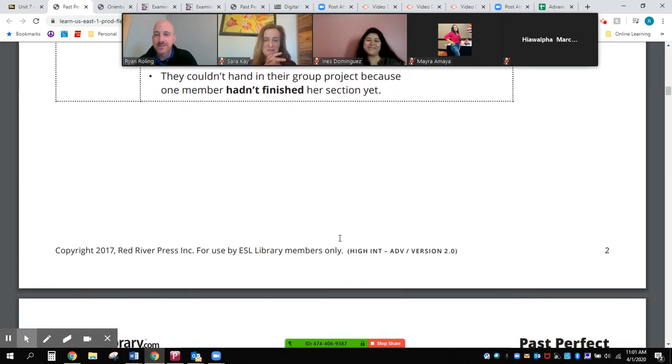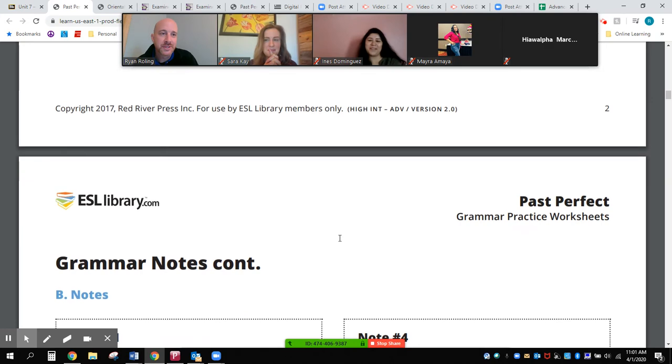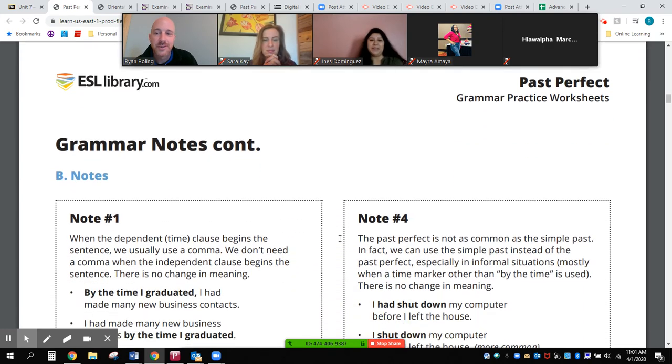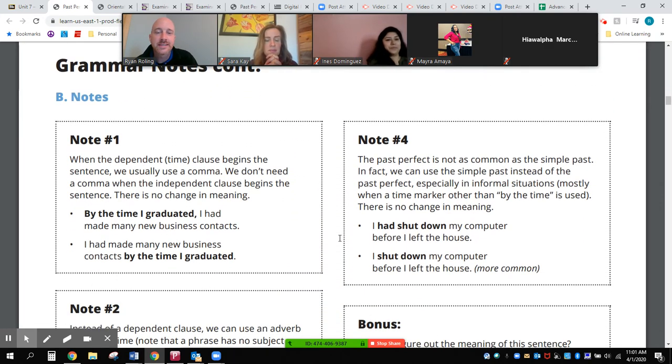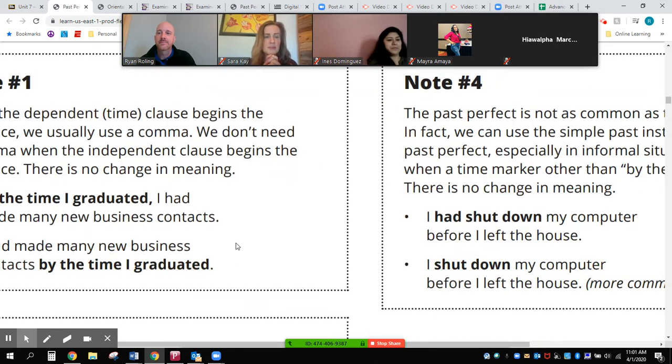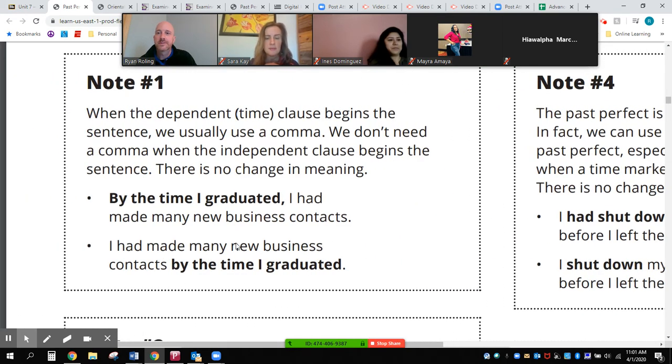Okay, next page. Again, you have this. You can look at it on your own. And page 3 is some notes. Okay, so the first note,